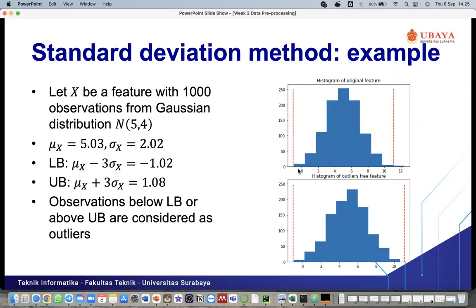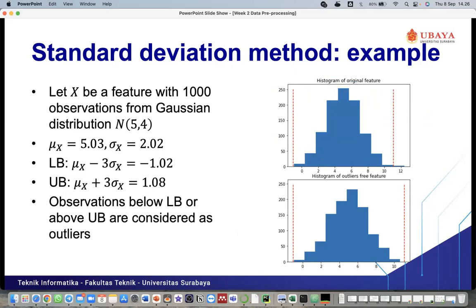So if we use the standard deviation method, we can define the lower bound and upper bound using this formula. If a value is below the lower bound, it can be considered an outlier, or if it is above the upper bound, it can be considered an outlier too.